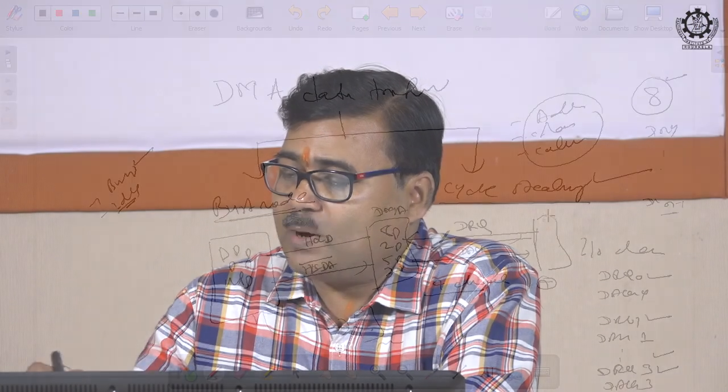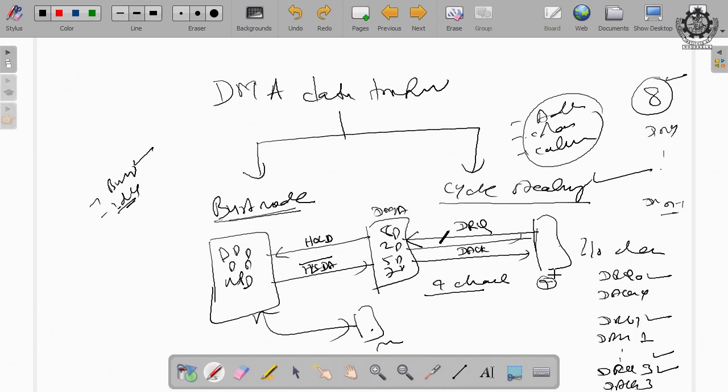So, now the procedure changes. One out of the 4 devices can put the request to the 8257, and one of these 4 device requests will be sent to the microprocessor by 8257. Then the microprocessor will send the hold acknowledgement signal to 8257. Now, 8257 will send an acknowledgement signal to the concerned device based upon the priority.